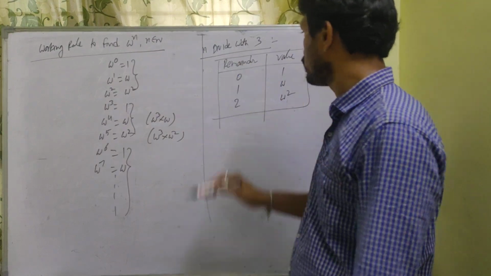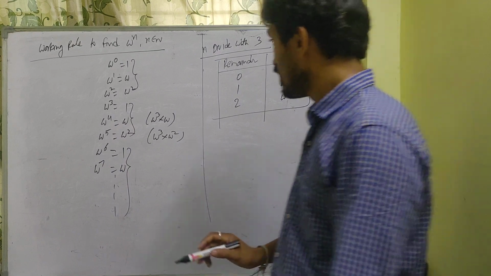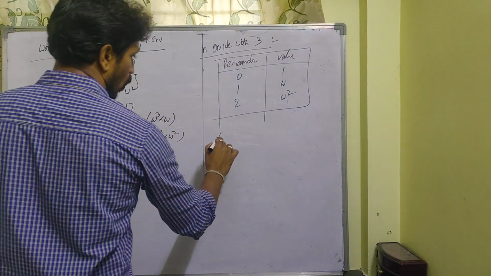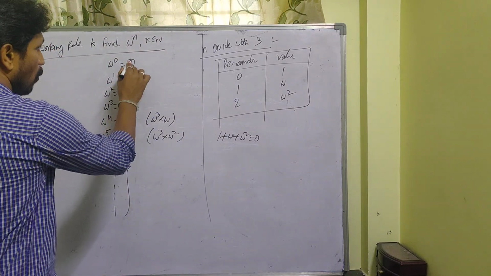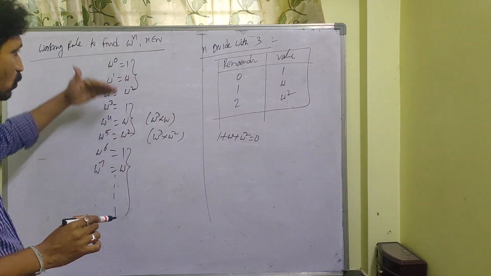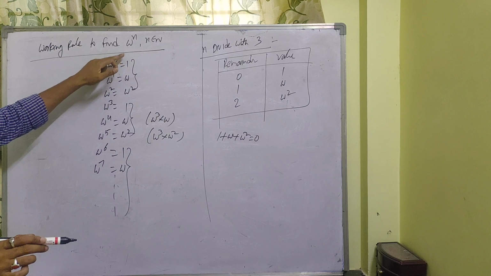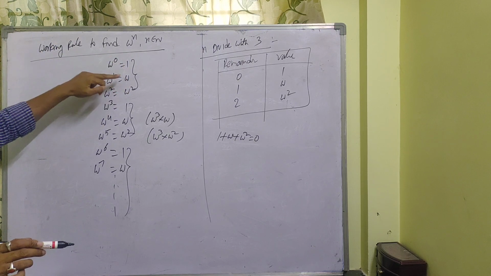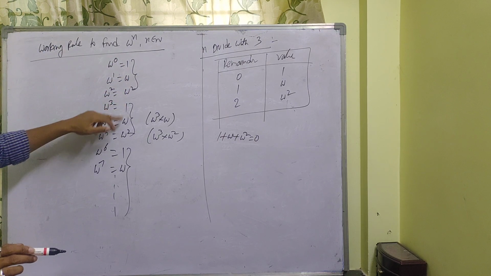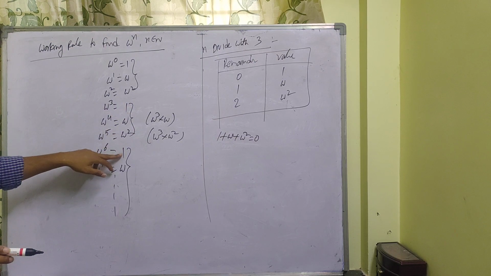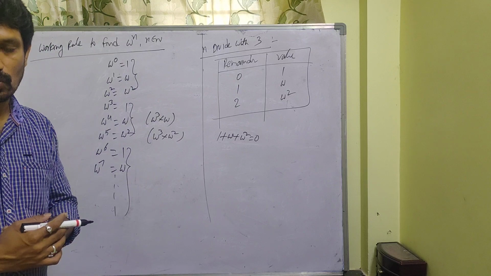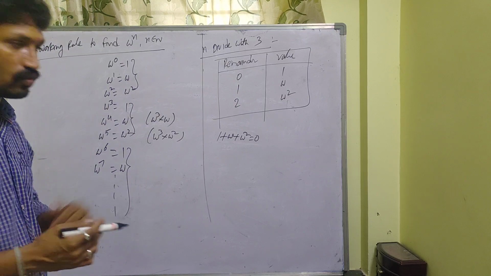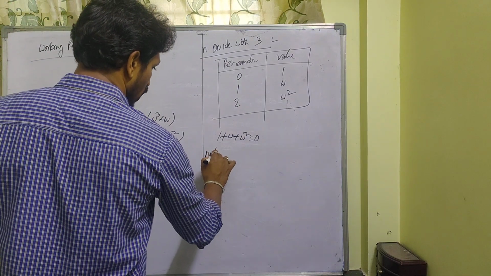And you just observe here, because 1 plus omega plus omega square is equal to 0, the sum of any three consecutive numbers, you can start from anywhere. If you start with 1 plus omega plus omega square, that is 0, or omega plus omega square plus 1, that is 0, or omega square plus 1 plus omega, that is also 0. The sum of any three consecutive terms is equal to 0. Okay, see, that is the note you write here.